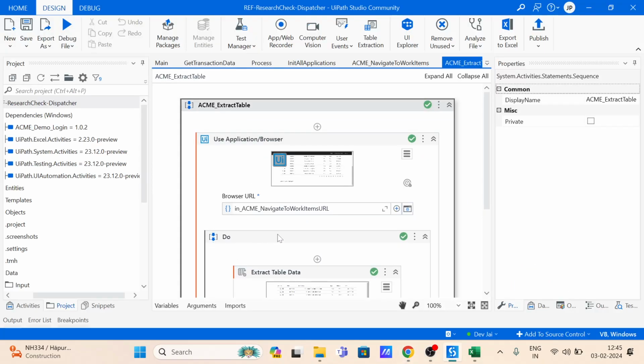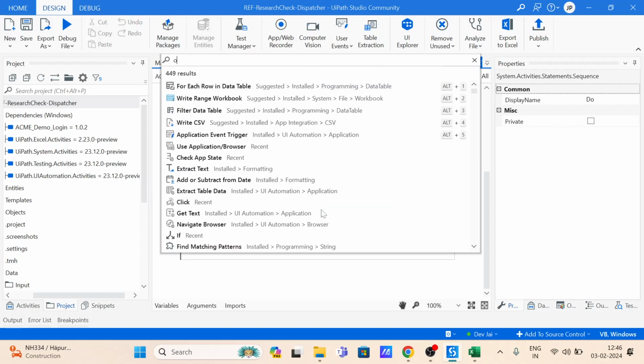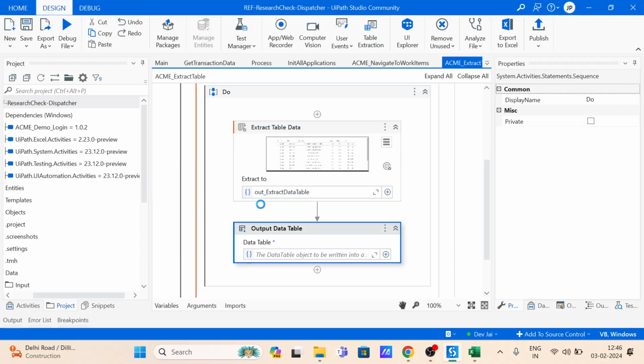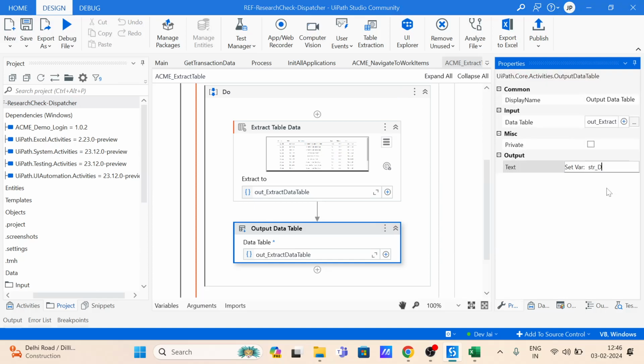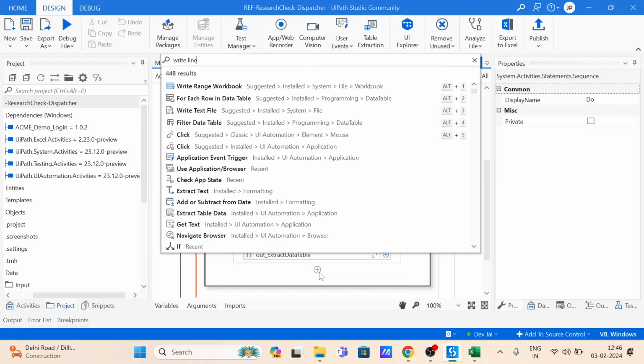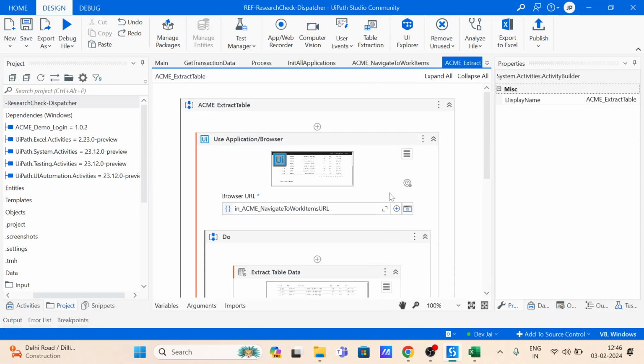And if I will be using this type, let's use output data table, ठीक है? The data table will be out, and this part will be str data table, that is the string part, ठीक है? अब यहाँ पे हम एक, this is all for the testing purpose only guys, ठीक है? Write line use करके I can use it to demonstrate like this, ठीक है? क्यों नहीं हो रहा है, let's try to rerun this again।